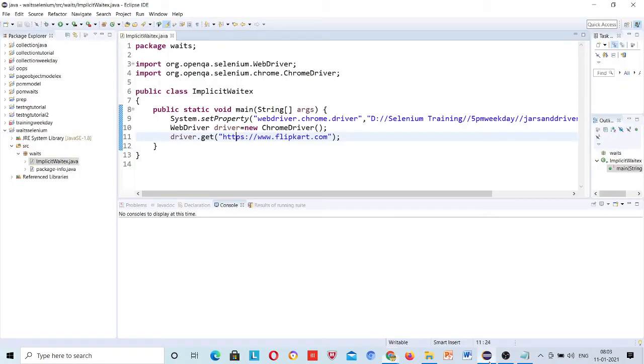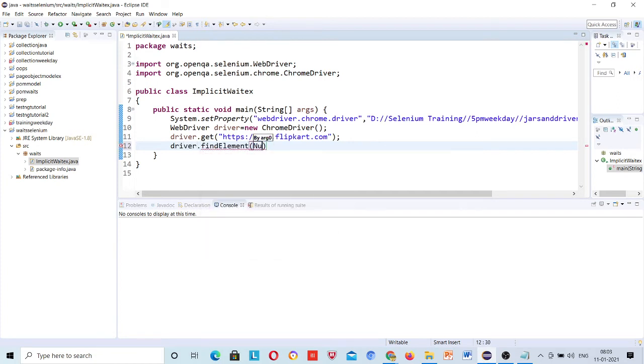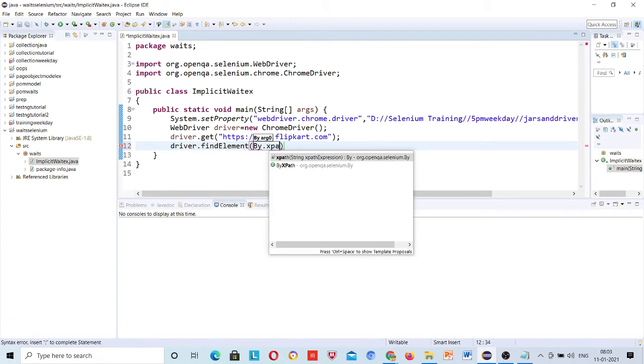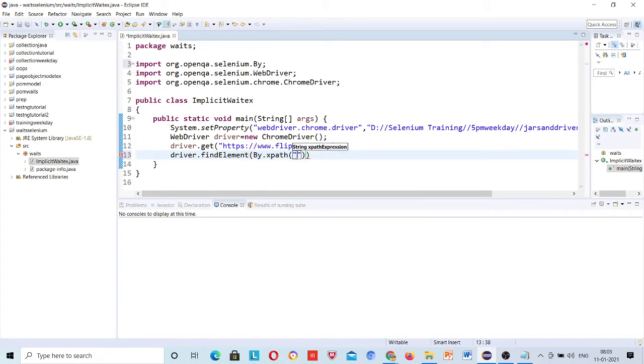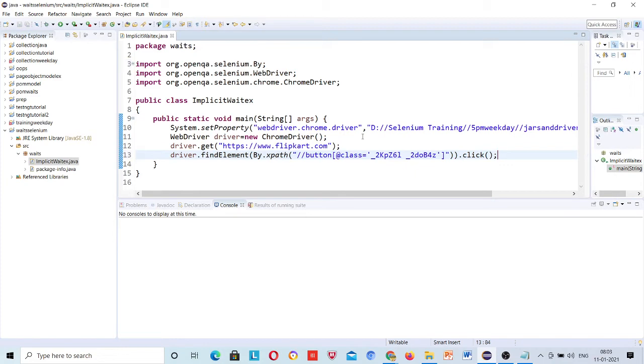Quickly write a locator for that, and click on that button so that we can close that, okay?